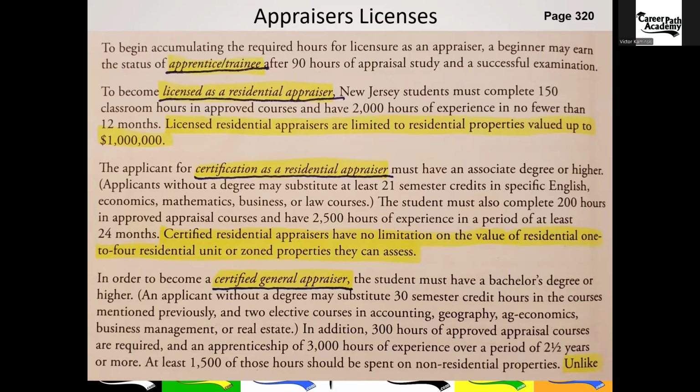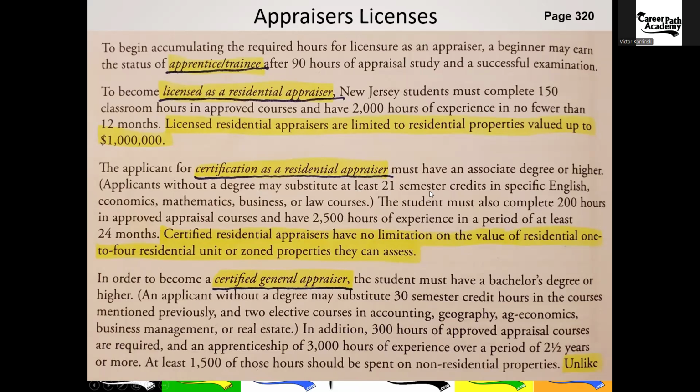Now, the next step up would be to become a certified residential appraiser. This would require a college degree or an associate's degree, and nothing in particular. Could be gender studies. This is one of those stupid requirements that were put in place by politicians to act like they were doing something after the market crashes by blaming the appraisers. They blamed us, they blamed the attorneys, now they're blaming the appraisers, but it couldn't possibly be the politicians' fault. So they put in more stringent requirements to become an appraiser, requiring a degree in whatever.